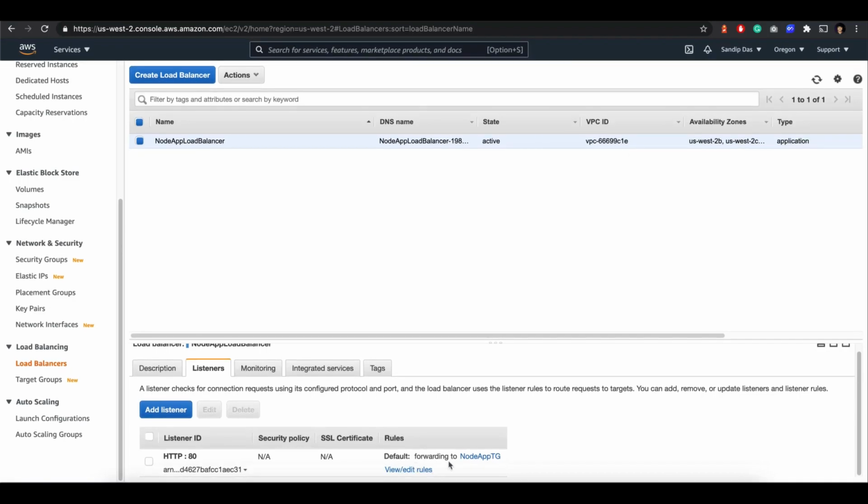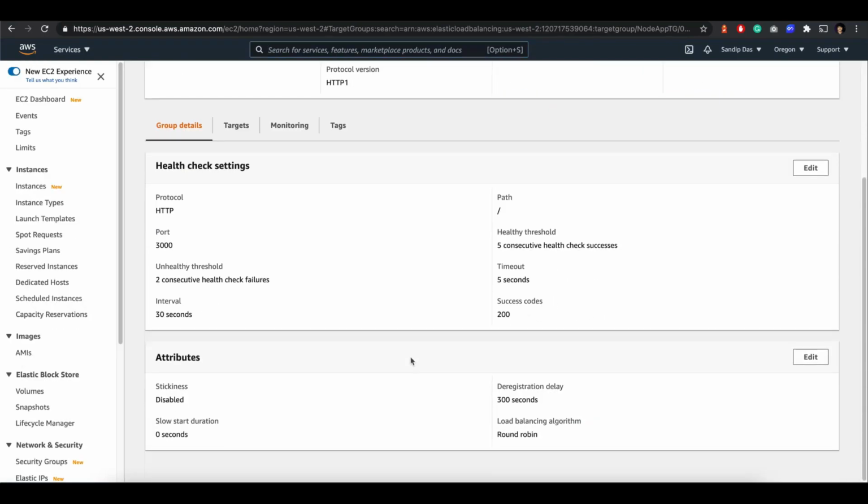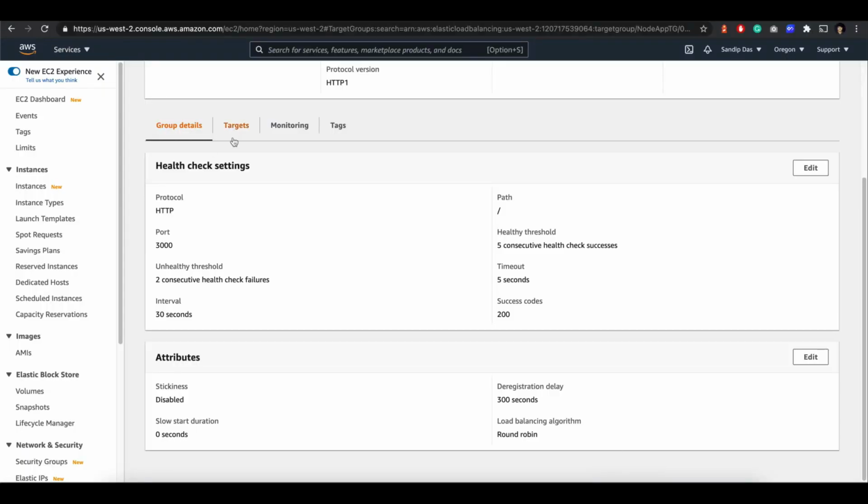See, listeners: port 80, and it then forwards to port 3000 here. Okay, let's see our code now. So actually you should make that API, that status check, to /status, right? So let's do that.